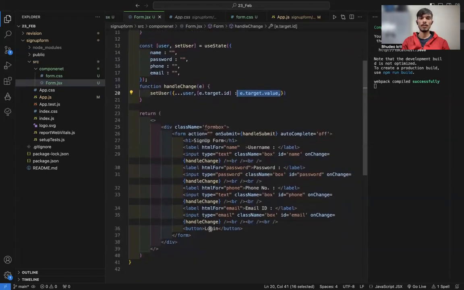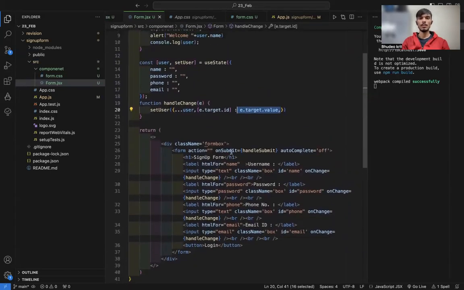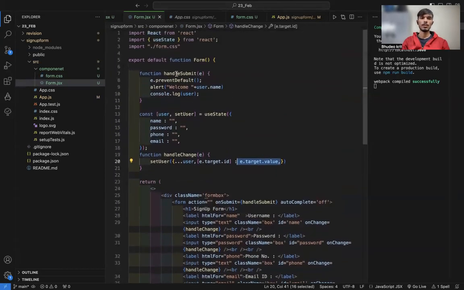And if we click on login, this onSubmit triggers and the handleSubmit function will run. So in handleSubmit, first this will run. This prevents the page from refreshing itself, and the data will not be lost. And it shows the alert welcome and user.name. So user is the object, and user.name gives the value of the name key, and it shows the